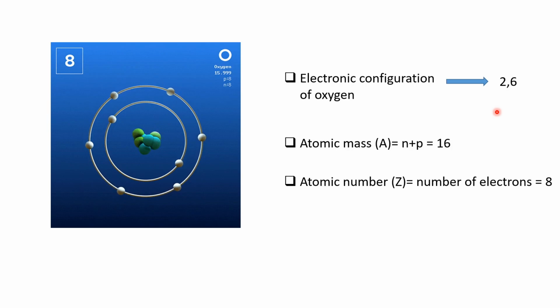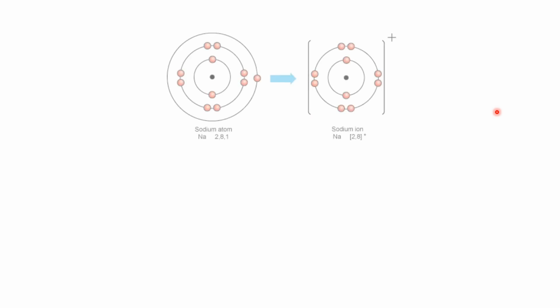Now let's see another example. The other example is of the sodium atom, and sodium is denoted by capital N and a small a, Na. Now, the atomic number or the electron count is 11. So, in the first orbital, there are 2 electrons accommodated. The maximum was 2 and 2 electrons are accommodated. So, out of 11, 2 come in the first orbital. Now, the total remaining are 9.